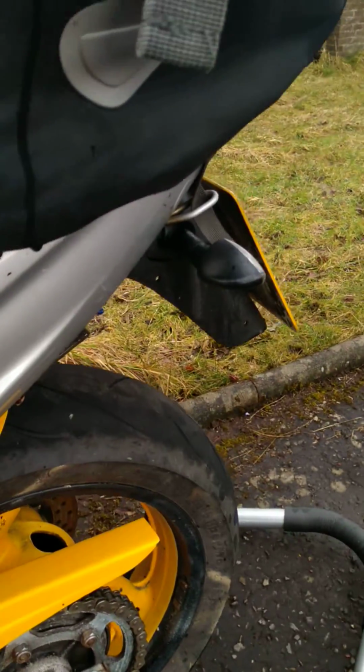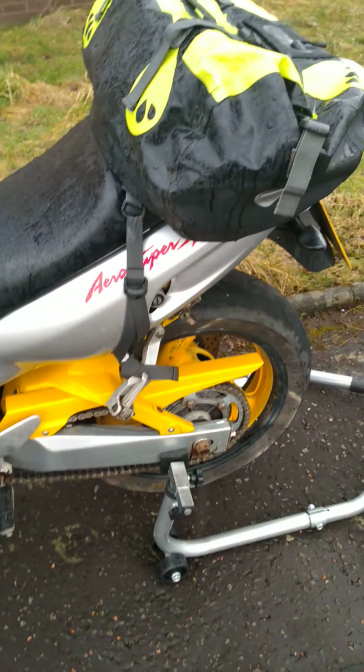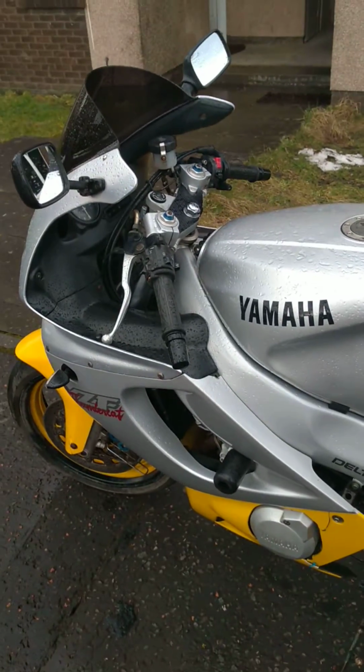The two at the front and the two at the back are also brand new, a full set of four. They look great, so I'm quite pleased with that, and obviously they all work fine. I checked that they all worked after I'd wired them all in. So that's the first thing I did, and then the other thing I've done, I've given the bike a general